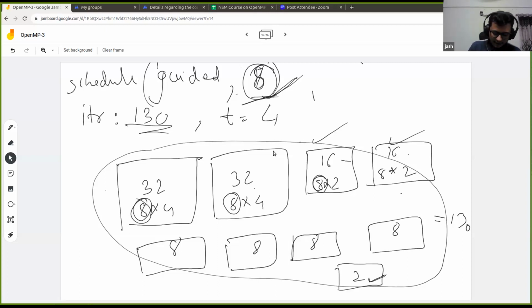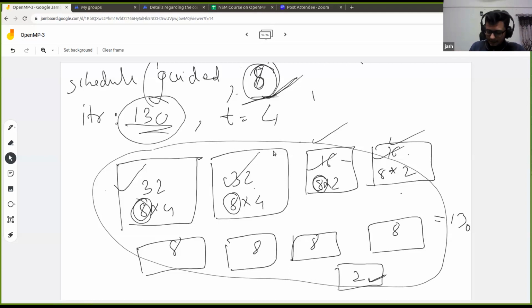When we say 130 iterations and dividing the work like this, 32, 16, 16, what is essentially happening is that it is just dividing the iterations of the outermost loop. Within the iteration, it still doesn't know the amount of work it needs to do. So here is where we as developers need to apply our brain.